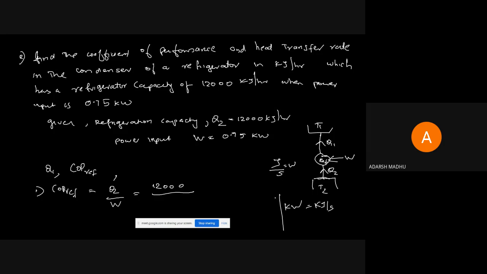We can convert kilojoule per second to kilojoule per minute. Second is in the denominator, so to convert the second into minute you multiply the value by 60 in the denominator, giving kilojoule per minute. Then to hour means again into 60. So totally you want to multiply the value by 3600 to convert joule per second to joule per hour.